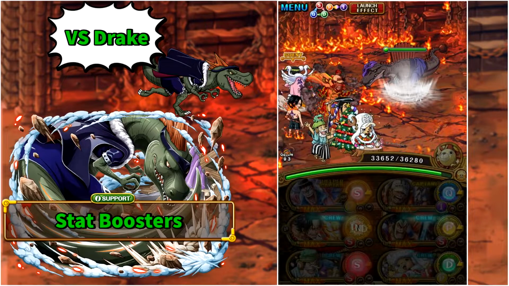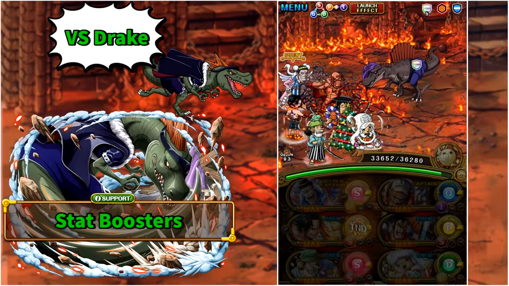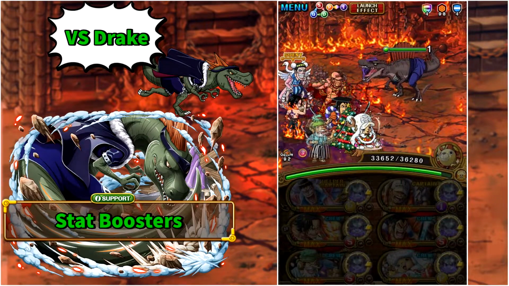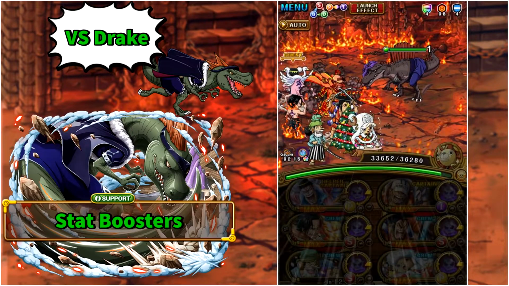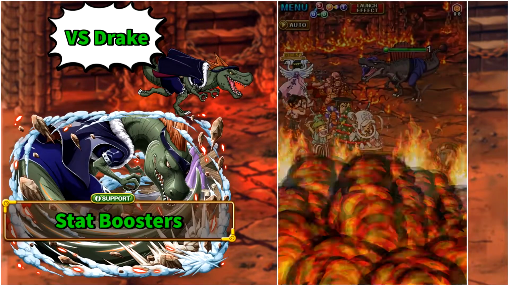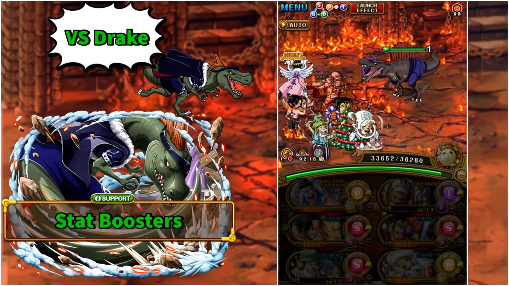In stage number 4, I am again using Usohachi to remove damage reduction and defense up completely. He is replaceable though by another strength unit that does the same. Activate Usohachi or your defensive buffs remover, whoever you are using, and then activate V2 Akainu first. He will shuffle your slots to matching technically but not matching because of the debuff, but more importantly he will